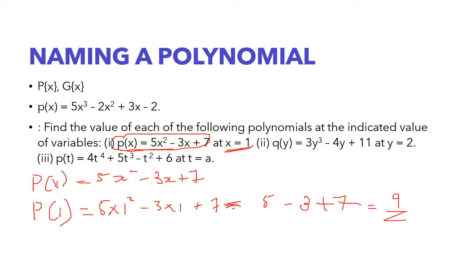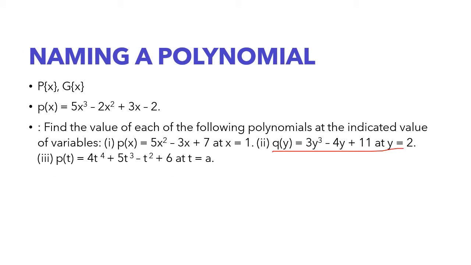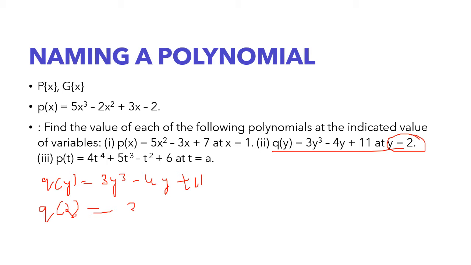In the same way, there is another question which is given, this one, q of y. So q of y is equal to 3y cube minus 4y plus 11. And they are asking us to find when y is equal to 2, what would be the value. So we are going to find q of 2. Q of 2 would be what? 3 into 2 cube minus 4 into 2 plus 11,